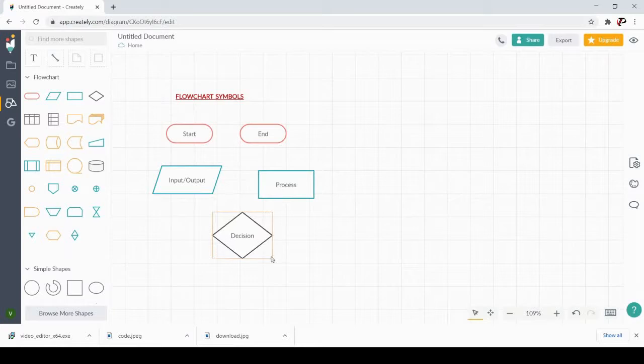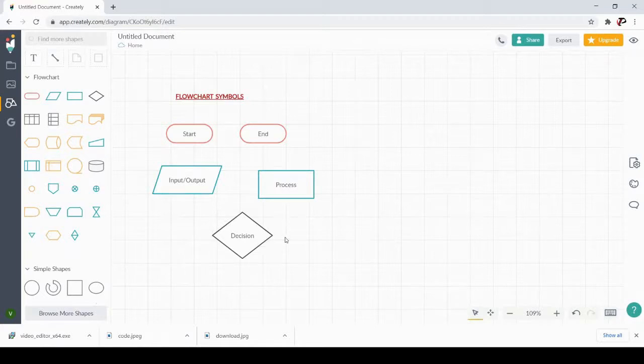This is a diamond symbol which helps to change the flow of the complete flowchart. It has 4 edges, you can see it. One edge will be used to receive the input. The remaining 3 will help to produce the output which takes over to another process. So one will be the input. Based upon the input, you will be checking for some condition. Within this diamond, you will specify a condition. If the input satisfies the condition, it can take either of the three paths.